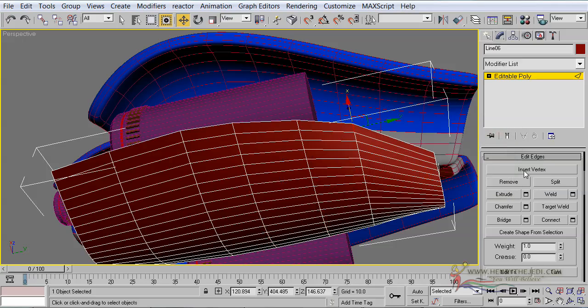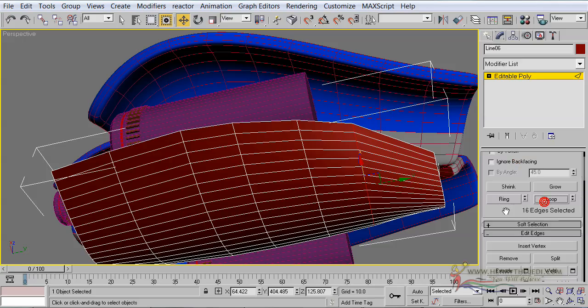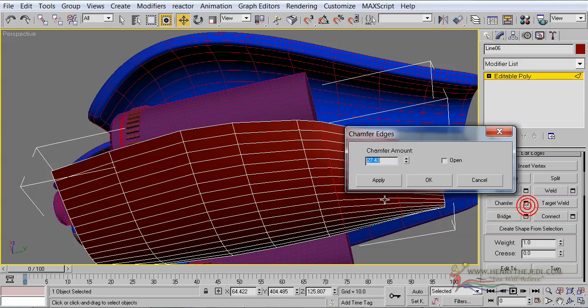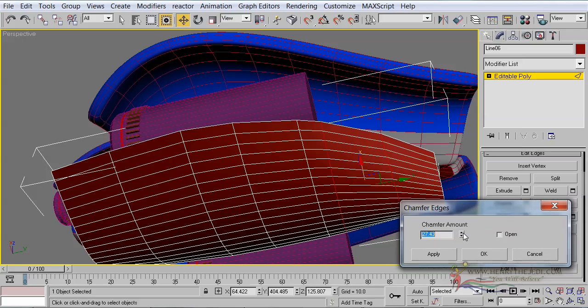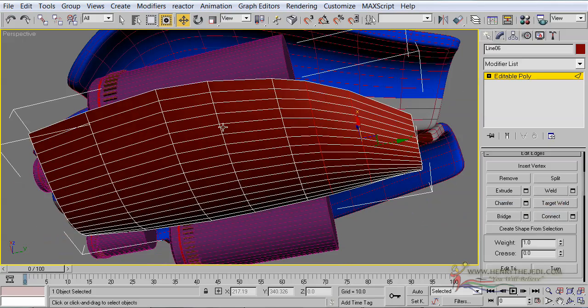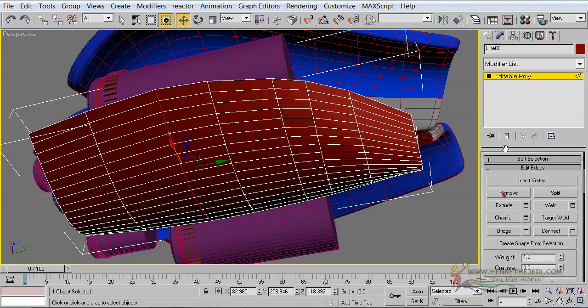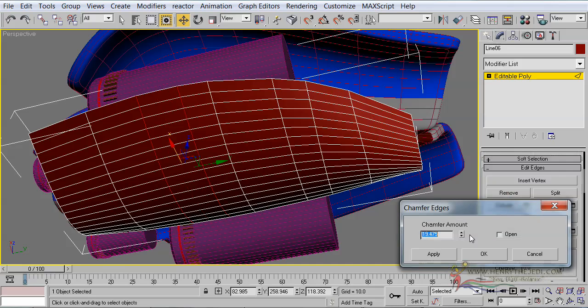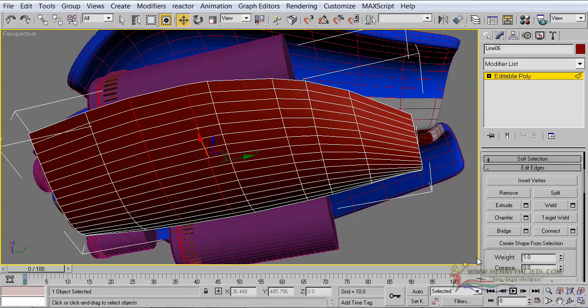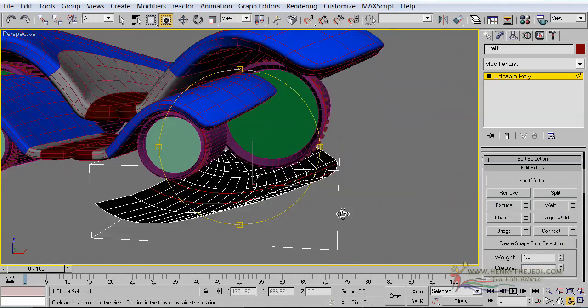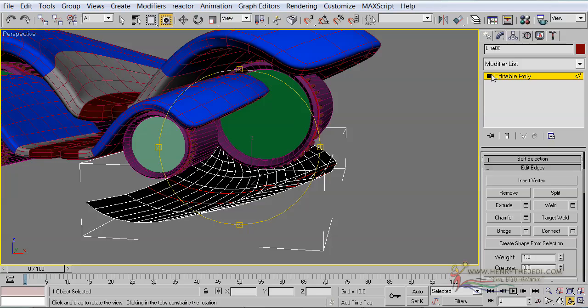That one also. Loop and chamfer. Not too much. Okay. Loop, chamfer. Yeah, okay. And then we're about to duplicate it, of course, but before we can do that, we're going to